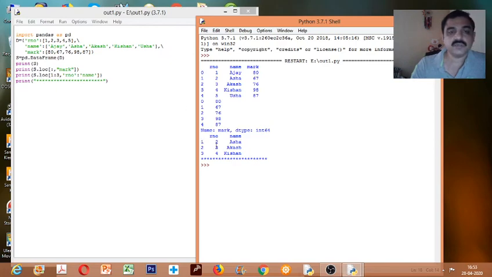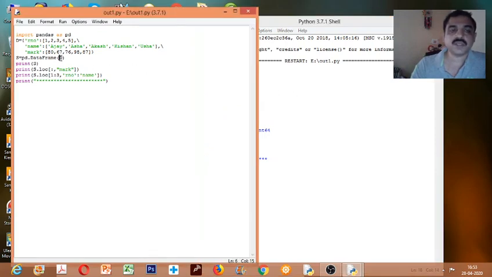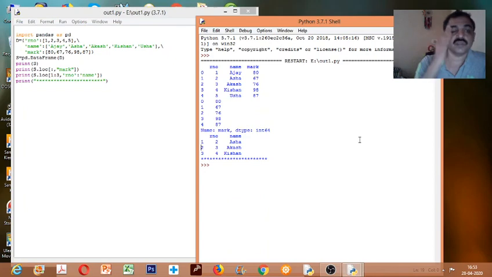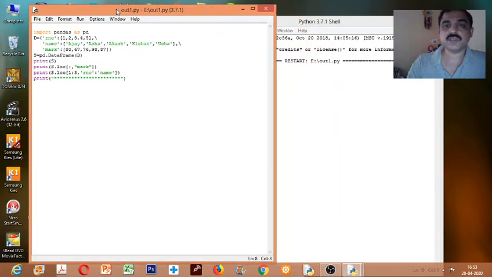Here the index value is the same because we have not specified any index, so the default index will be taken. So iloc is based on the index position and loc is based on the values or labels of that particular index. Is it clear? I hope you are clear with these basic concepts.